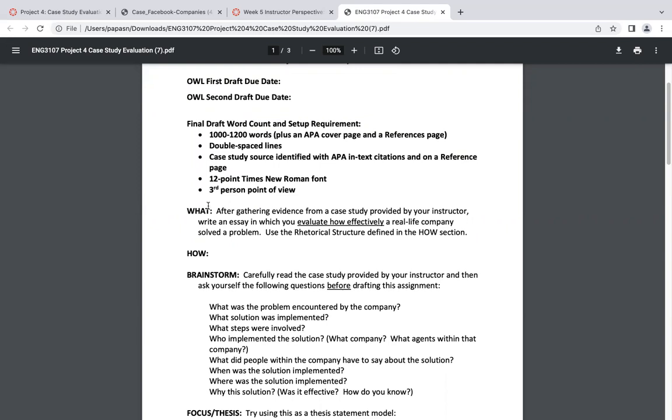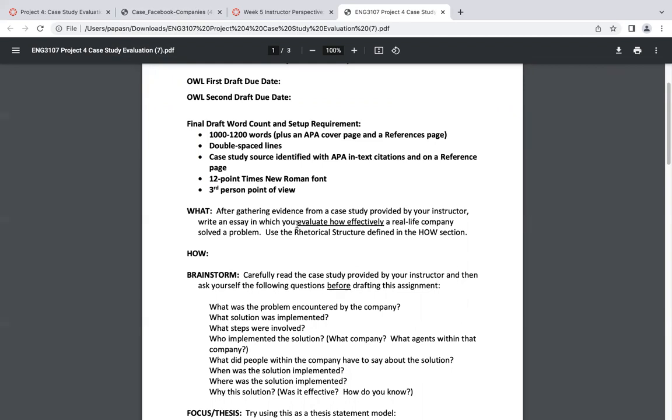that's for us, that's the Fired Over Facebook case study. You can see up there, and it's linked within the course. So after gathering evidence from a case study provided by your instructor, write an essay in which you evaluate how effectively a real life company solved a problem. And what this is saying is you're evaluating how effectively the real life company, which is the company talked about in